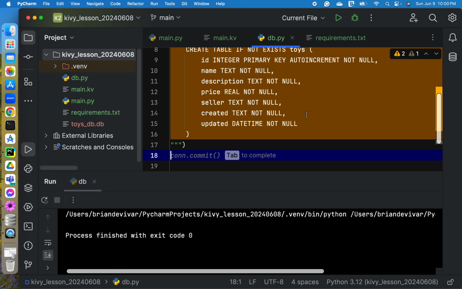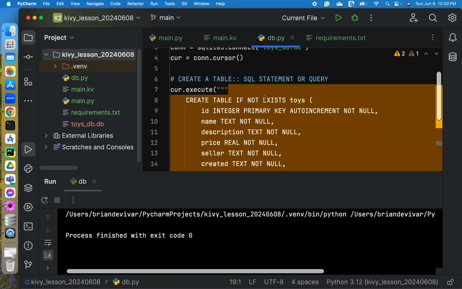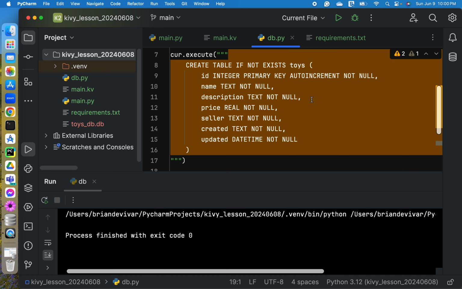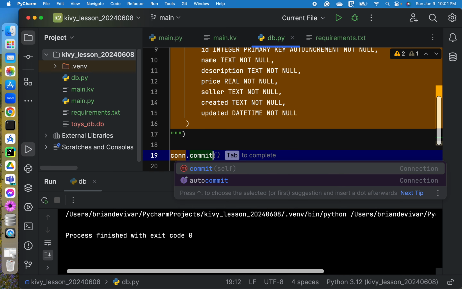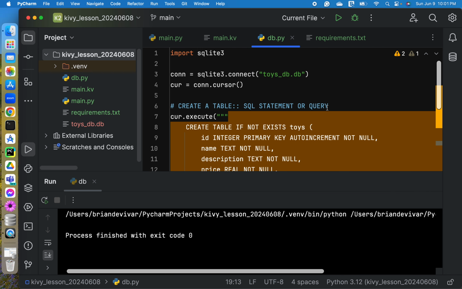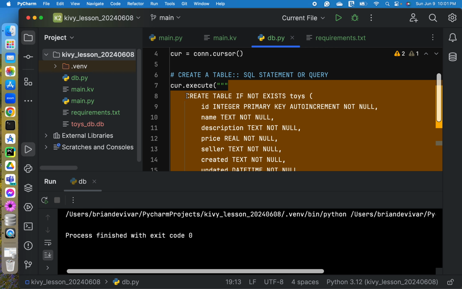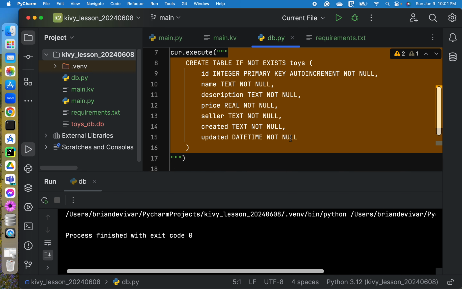Okay, and then this time, we will call con.commit to reflect the changes so that we can see our table in our database.